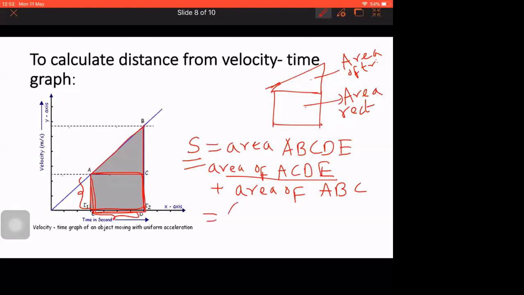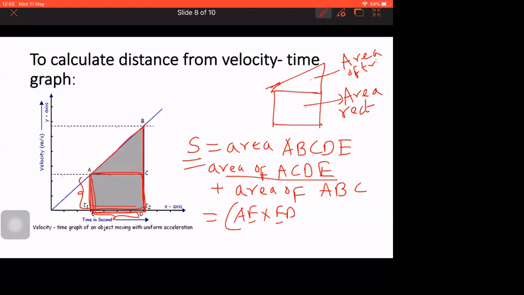Karan, we can easily calculate the area of trapezium as half into sum of parallel sides into height, but according to your NCERT book, it has not been done like that. So this is your length and this is your breadth. AE into breadth. You can take ED or AC, anything you can take.